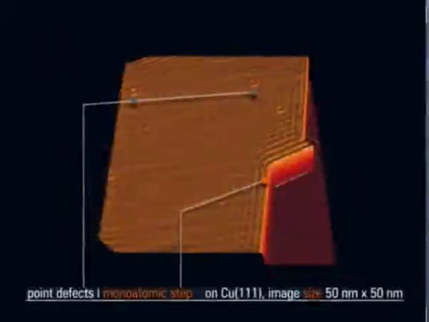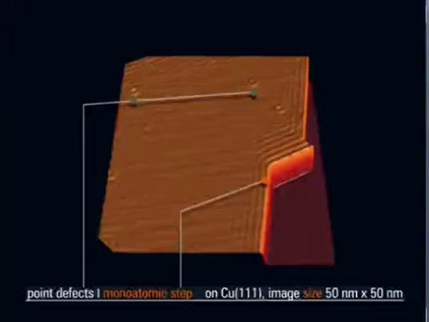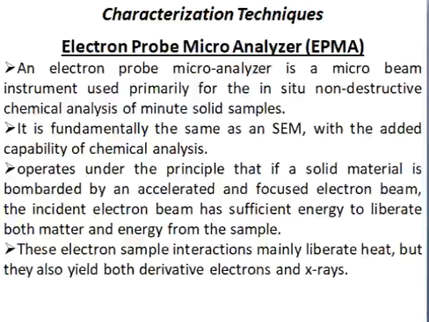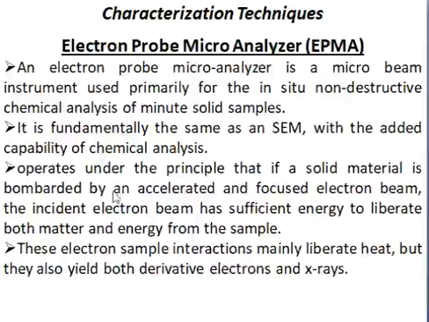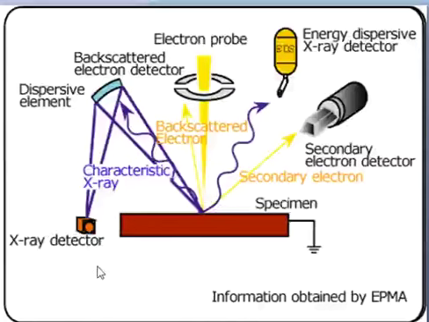Here, the scanning tunneling microscope is referred to as a scanning probe microscope, so there should not be any confusion in this. The last part in this module is the electron probe microanalyzer. In comparison with the scanning electron microscope, the construction of this equipment is slightly similar, and the working process is also similar to each other. We'll discuss the image over here.